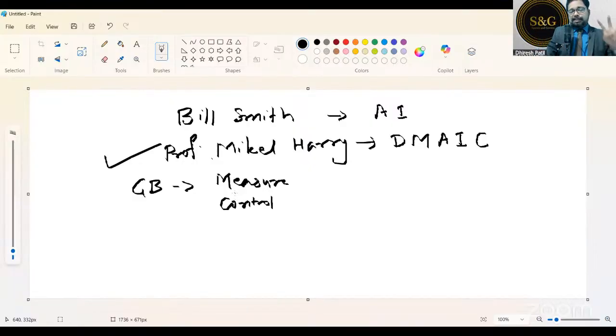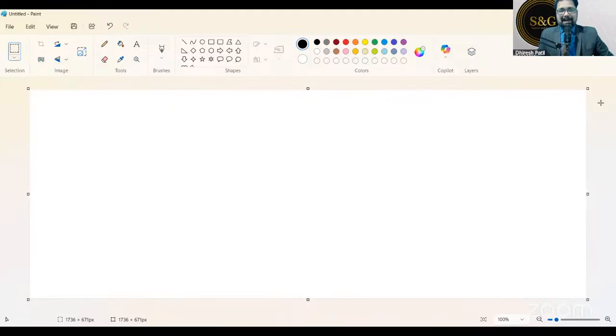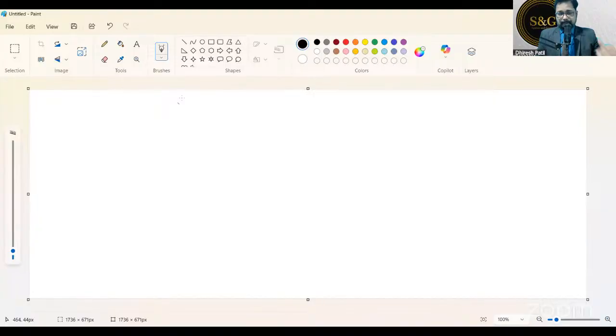So these are the two phases in which we are using control chart. Now, why do we use control chart? What does it do basically? That is something which we are going to study. Okay. Now, let's understand this control chart which we are discussing today, which is a part of a grand scheme of statistical process control, SPC.